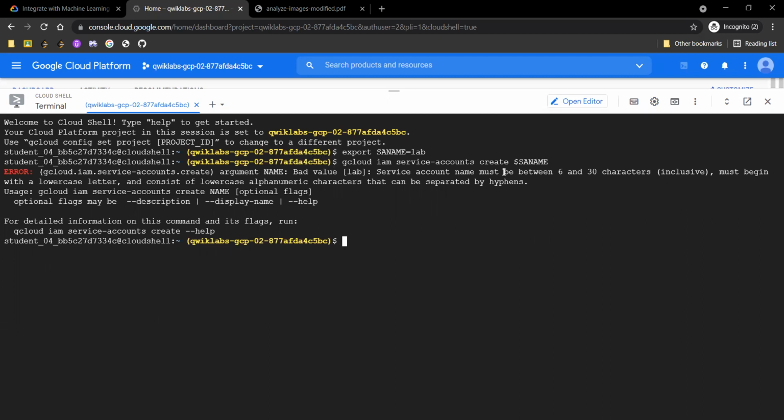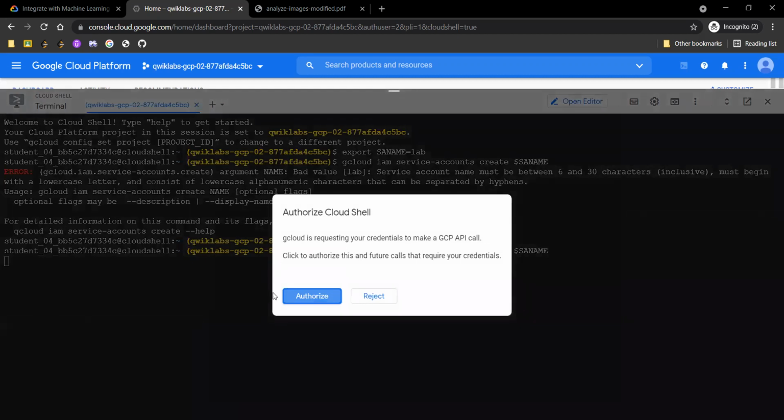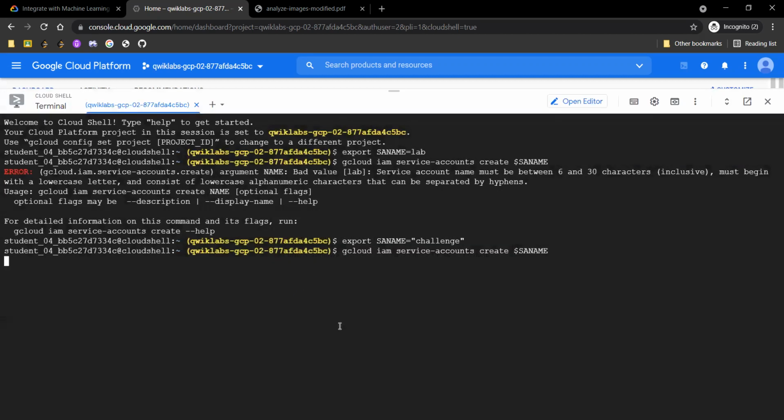Let me just edit our environment variable. Click on authorize. So yeah, our IAM service account has now been created.